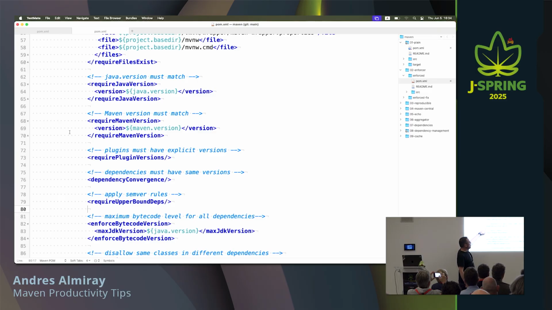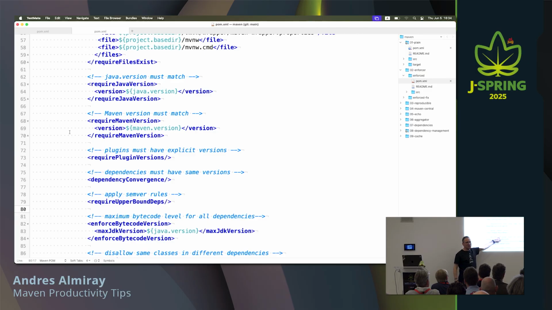All right? Then we also have dependency convergence. Who likes to use or follow semantic versioning? Okay, some hands. Is it a problem to have two dependencies with the same group ID and artifact ID, but different versions? That's not good, right? It is definitely a big problem. So dependency convergence will say, hey, in your resolved dependency graph, I have two versions of SLF4J API, one that is 2.0.17 and another that is 2.0.15. That's potentially a problem, so this is going to fail the build immediately.